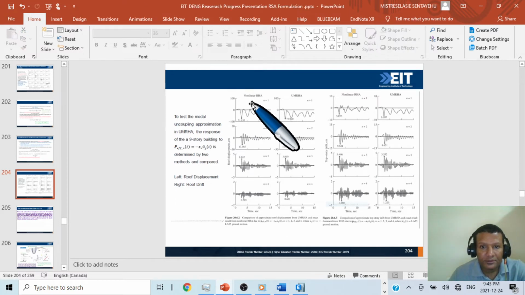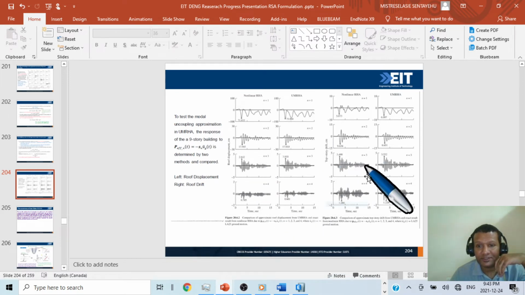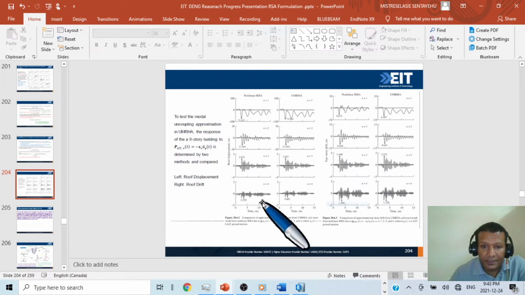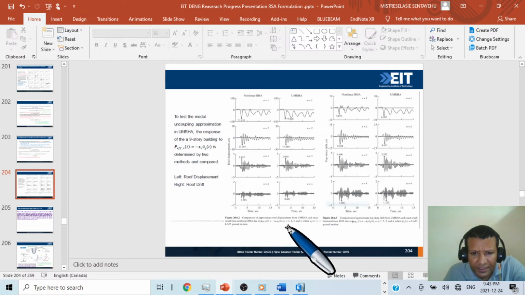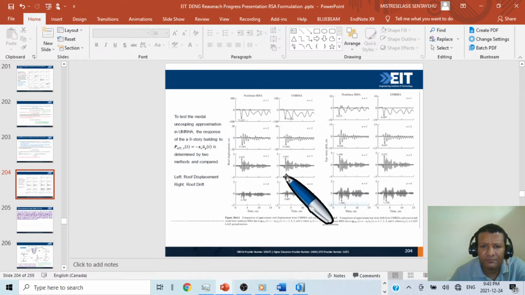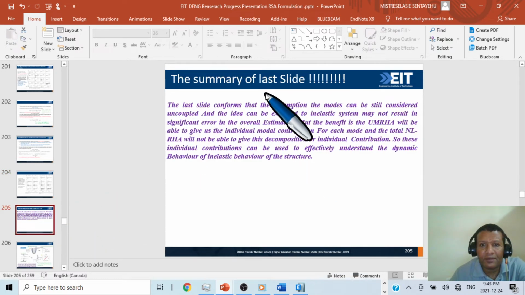So as you can see, RHSA procedure analysis and UMRHA procedure analysis, the result is almost the same, not that much different. This is for story drift, and this is displacement. So the result is the same. So the summary of